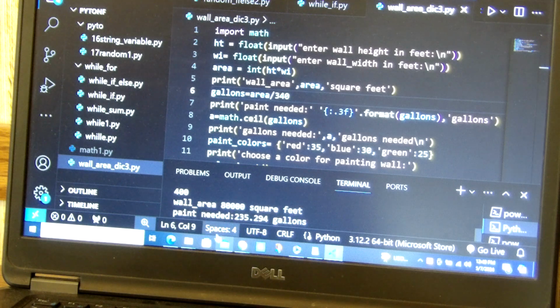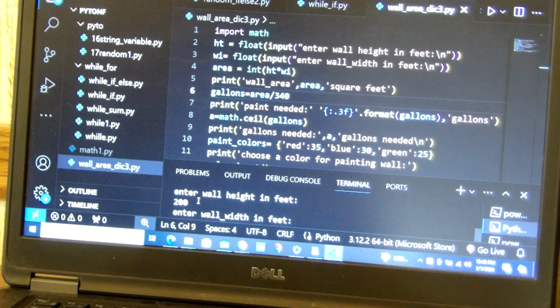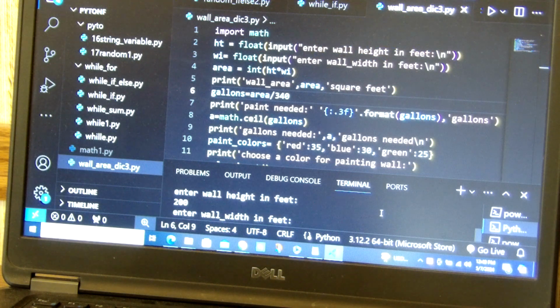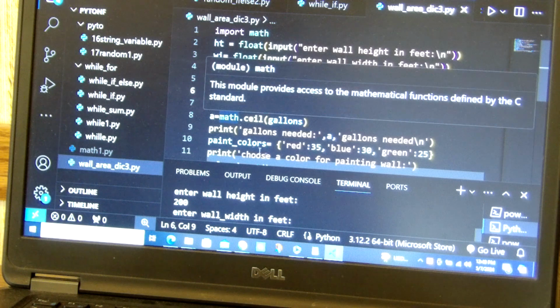One area, 200 times 400, 80,000 square feet, and it is divided by 340. Every 340 square feet is going to give us a number of gallons. So the number of gallons is 229, and if this one here uses math,